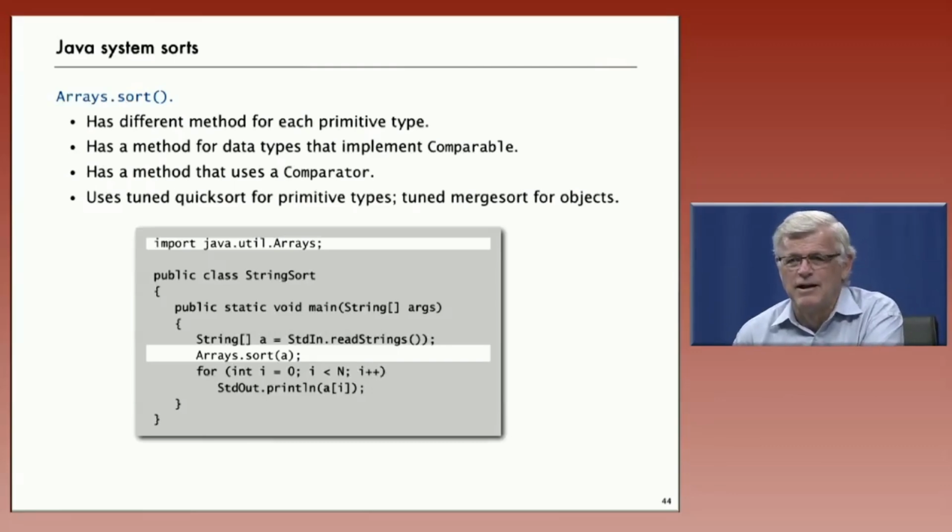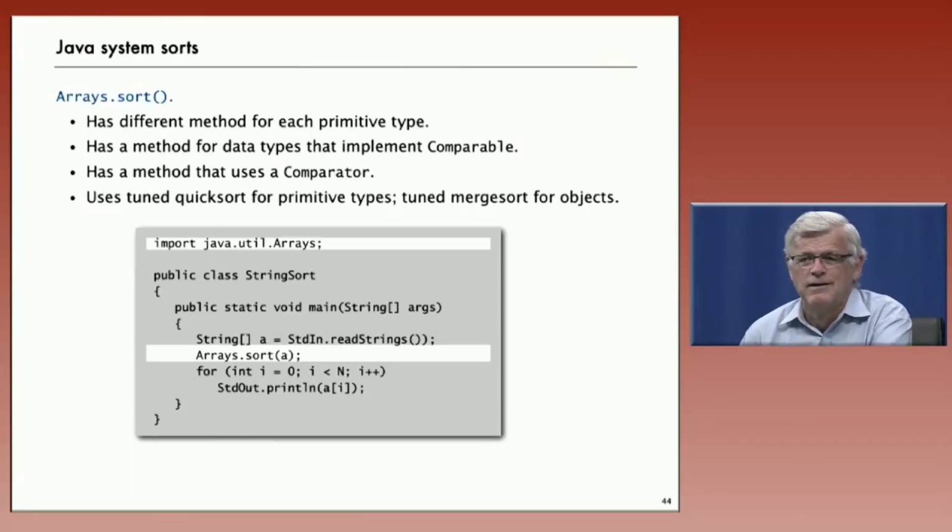for any type of data. It actually uses both QuickSort and merge sort. It uses a tuned QuickSort for primitive types of data and a tuned merge sort for objects. Why two different? It's just the designer's assessment of the idea that if a programmer is using objects, maybe space is not a critically important consideration, and so the extra space used by merge sort maybe is not a problem. And if the program is using primitive types, maybe performance is the most important thing,